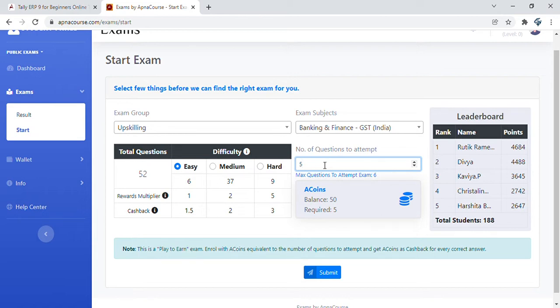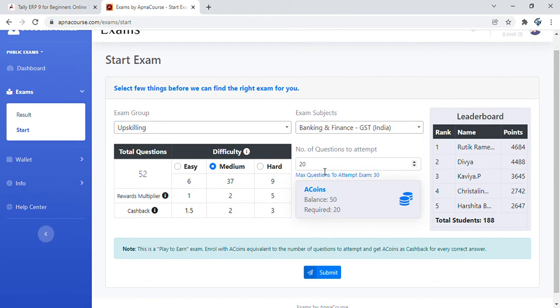Easy has only 6, so you can go to medium so that you can attempt at least 20 questions. That means you need to get 10 or more correct, so that you can then share the link of the certificate with support at Apna Course and get the free upgrade to the standard plan.